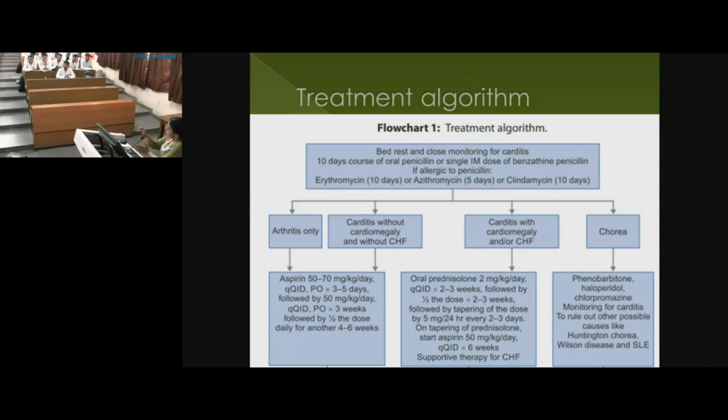You start aspirin 70 milligram per kg and you begin to taper off the steroid. And you monitor the CRP. Once CRP is back to normal, then you can stop the steroid and continue the child with aspirin for 12 weeks. Right? Along with that, what are the drugs that we give for CHF? We give diuretics. Right? And we give ACE inhibitors, and strict bed rest and restriction of fluid.